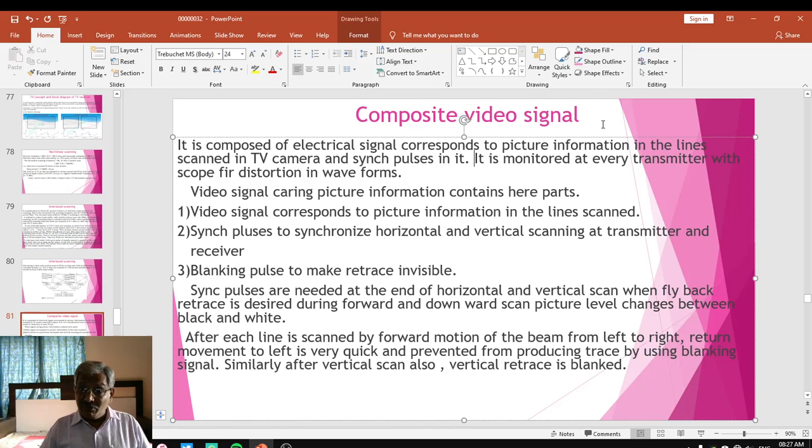Those standards are monitored at every television transmission center by observing the waveforms on the scope in the television transmitter. One can decide the quality of the picture, which will make the operator keep the proper quality of the picture to be transmitted. So that's why the composite signal is monitored at every transmitter with the scope